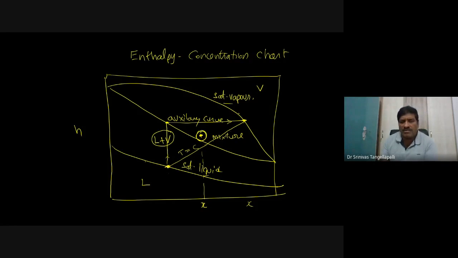So our initial assumption is wrong. So how to refine this iteration? In the second iteration, we have to select one more appropriate concentration. Since the state is above this line, we have to take additional concentration compared to the earlier assumption. Now I'm drawing one more triangle. See, this is the starting point and this is the ending point, and joining this starting point and ending point, it may